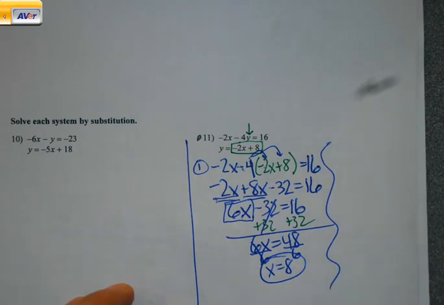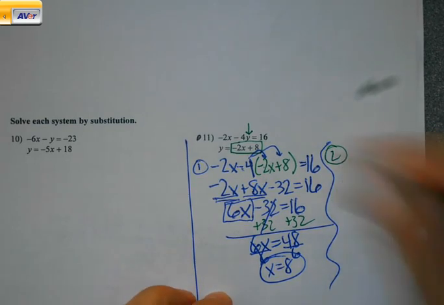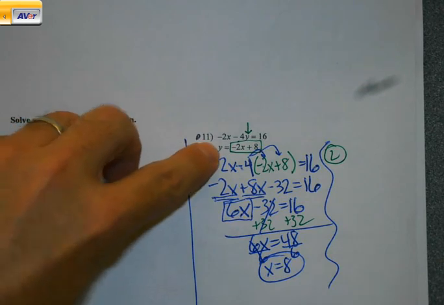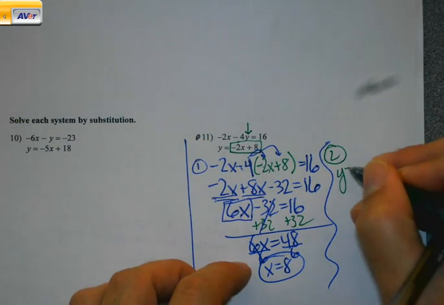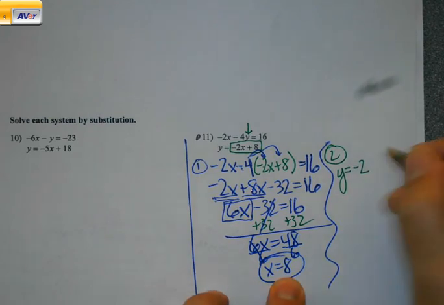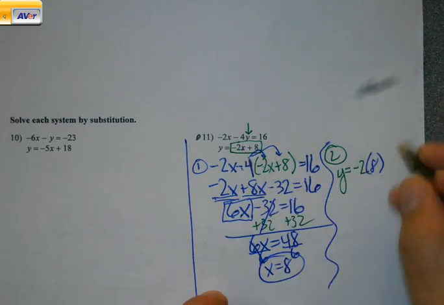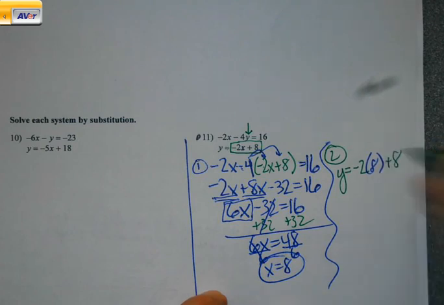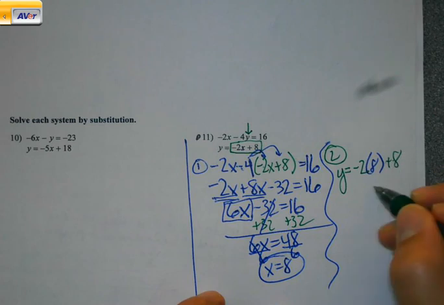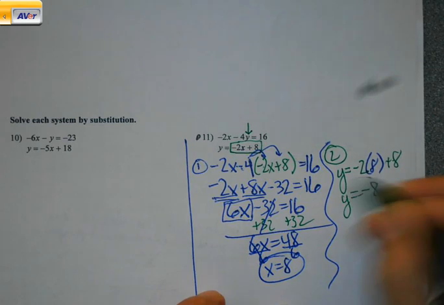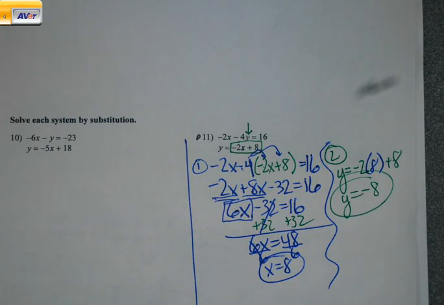And again, here I could plug this into either one, but I will give you a word of help. If you plug it into the y equals 1, it's going to go a lot faster. So y equals negative 2. I know what x is now. Plus 8. Negative 16 plus 8 is negative 8. Now again, if you need more examples, things like that, there is a video up yesterday with some of these same things. Otherwise, kind of jumping in and doing the rest of them on this sheet is the assignment for today. But I want to